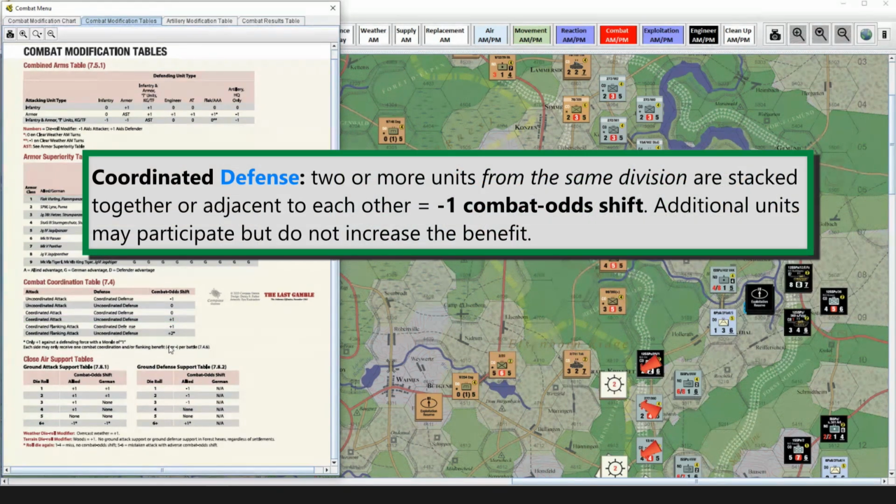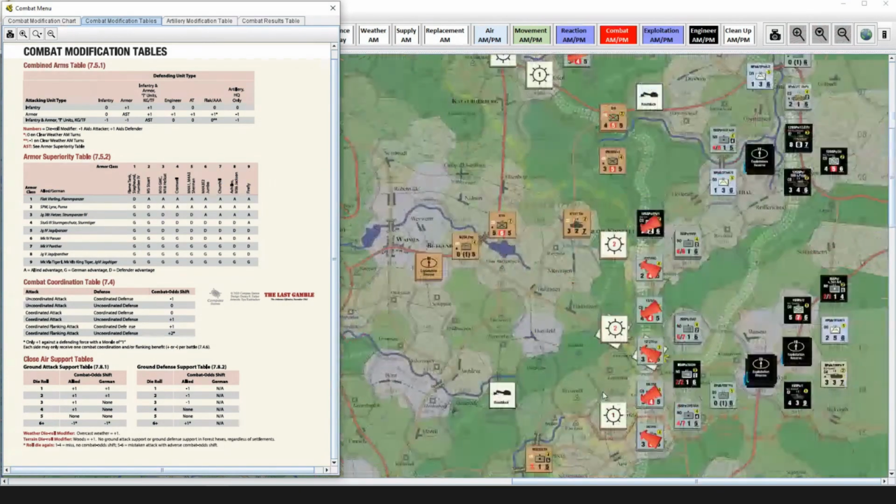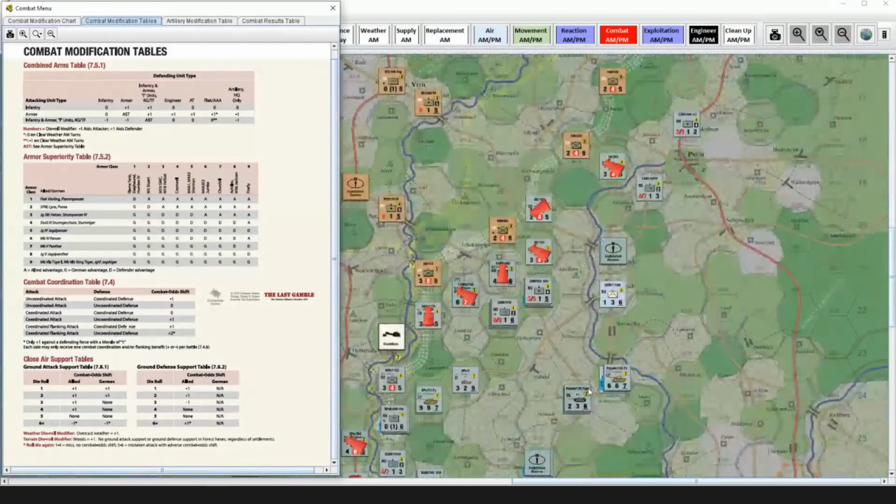A coordinated defense is when 2 or more units from the same division are stacked together or adjacent to each other, and they earn a -1 combat odds shift. Additional units can participate, but they do not increase the benefits. So additional units of the same division. And that can be seen down here